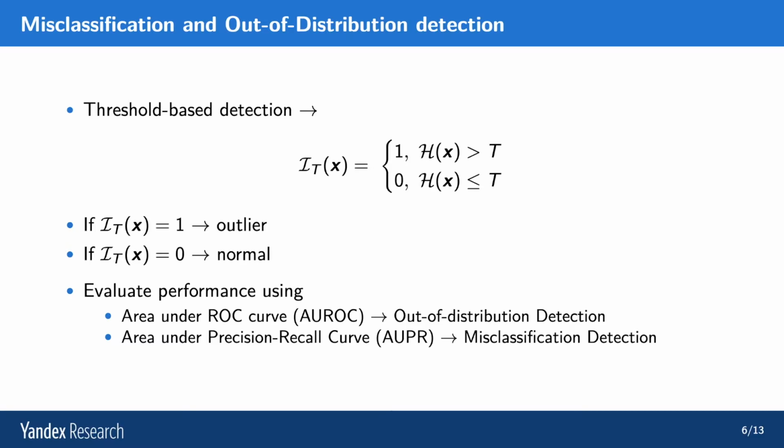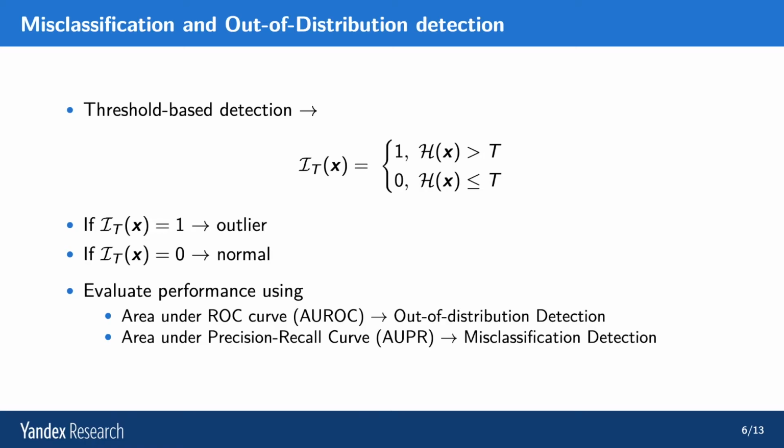Now, using a detection rule, as defined here, if the uncertainty measure, which is h of x, is any uncertainty measure, be it the entropy or the diversity or the variance, doesn't matter, let's assume any uncertainty measure. If the uncertainty measure is bigger than the threshold, then we consider this particular sample to be an outlier. It's an error or an anomaly or an out-of-domain input or something like that. If the uncertainty is lower than the threshold, then it's a good normal example. The idea of this task is to basically be able to discriminate between in-domain data and out-of-domain data, or clean data and errors.